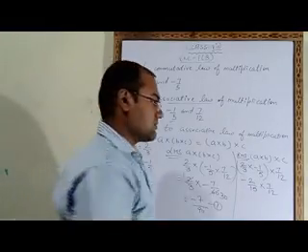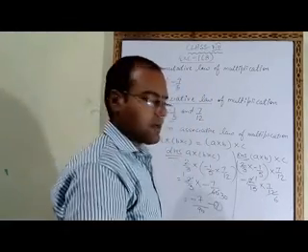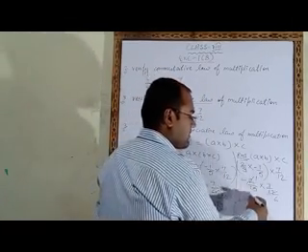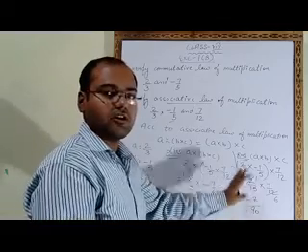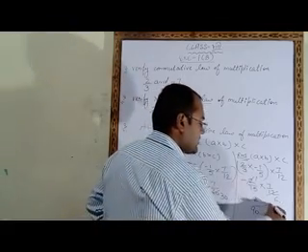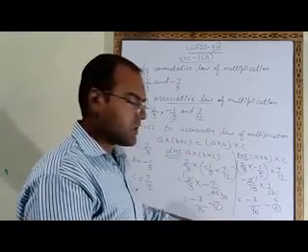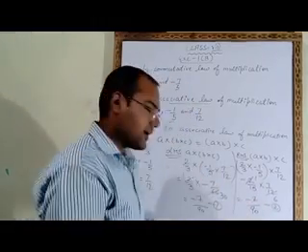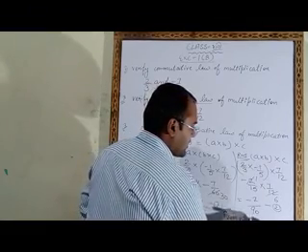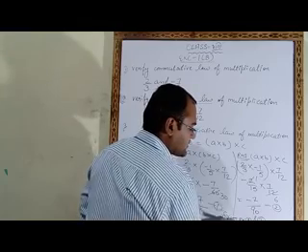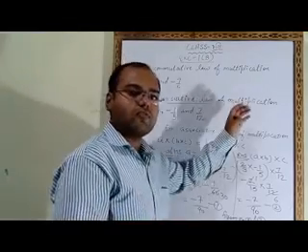Now we will cancel the numbers. 2 and 12 will be cancelled with each other. 2 1s are 2, 2 6s are 12. Now we will multiply. Minus 1 into 7 will be minus 7. 15 6s are 90. So the answer of right hand side we have solved and we got minus 7 upon 90. This is equation number 2. Now we check: the answer in equation 1 is minus 7 upon 90, the answer in equation 2 is also minus 7 upon 90. So what you have to write? You have to write from equation 1 and 2 we get that left hand side is equal to right hand side. So like this you have to verify the associative law of multiplication.